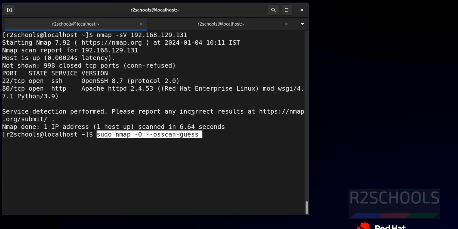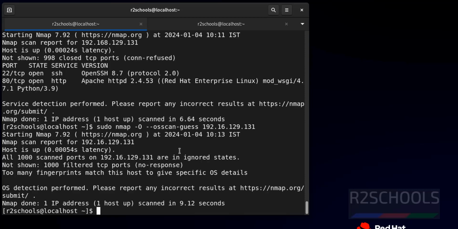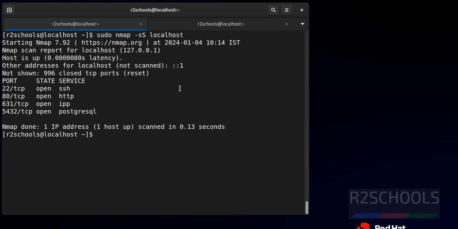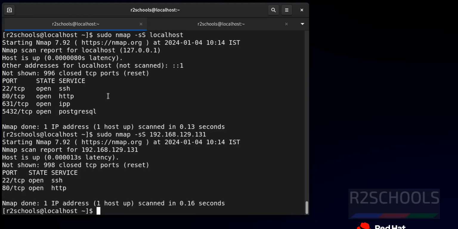Now check the operating system. With this command we can find the target operating system information. We haven't received any information. Suppose if you want to find, open quotes sudo nmap -s, then caps S, then give the IP, or simply give localhost. Both are same. See, these are the open ports. Also you can give the host name. Hit enter. So in this video we have seen how to install and the examples of nmap on Red Hat